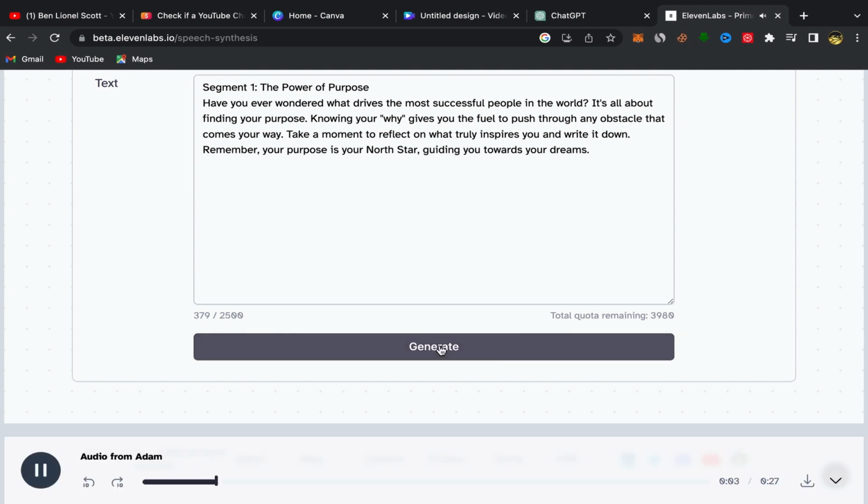Segment 1. The Power of Purpose. Have you ever wondered what drives the most successful people in the world? It's all about finding your purpose, knowing your...